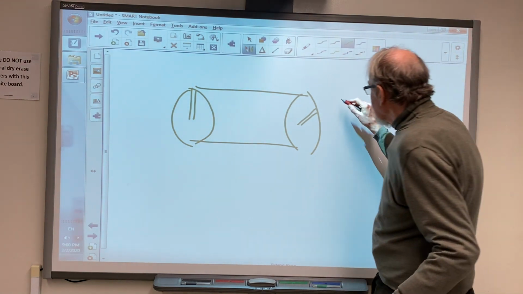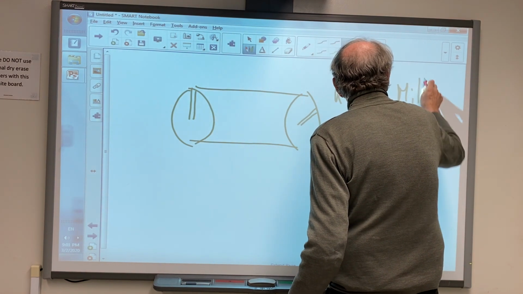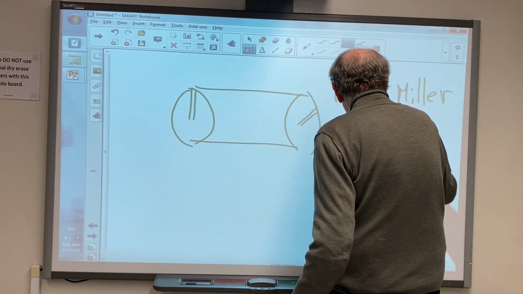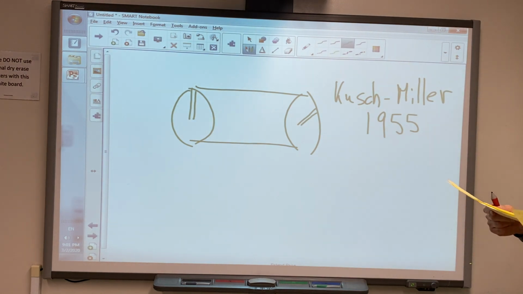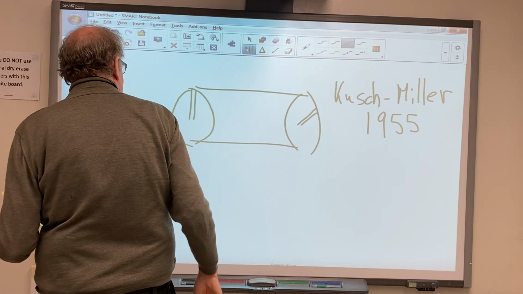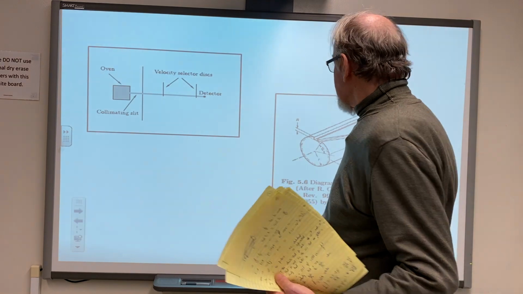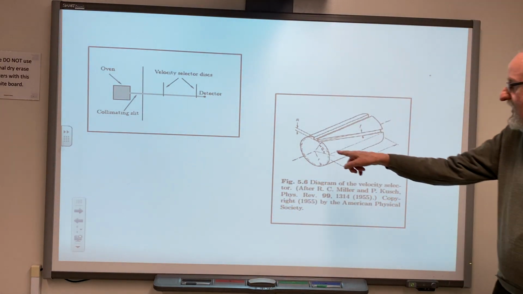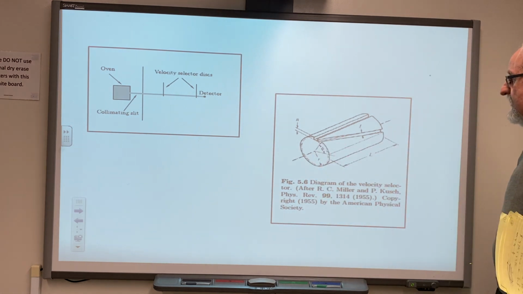So essentially, this is it. This is a very beautiful experiment. Kush and Miller did it, although there were preliminary results, but in 1955 they did a very beautiful verification of that experiment. And I want to tell you a little bit of the details. So show for a second this picture, because that's the apparatus they used, which is a sort of modification of this idea. So this cylinder is rotating, the oven is here, you get the molecules streaming out,